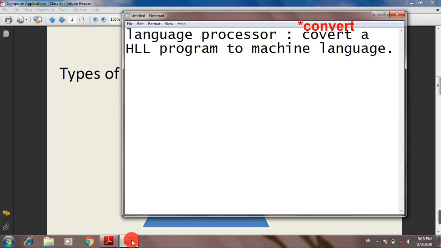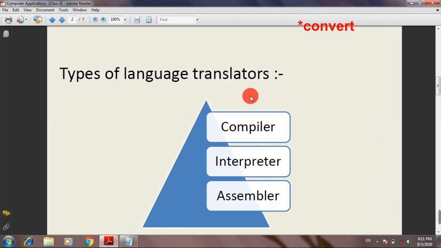So computer can only understand machine language, so there is need of software that converts a high level language program into machine language. So these are the softwares for this work. There are three types of language translators. The first one is compiler.